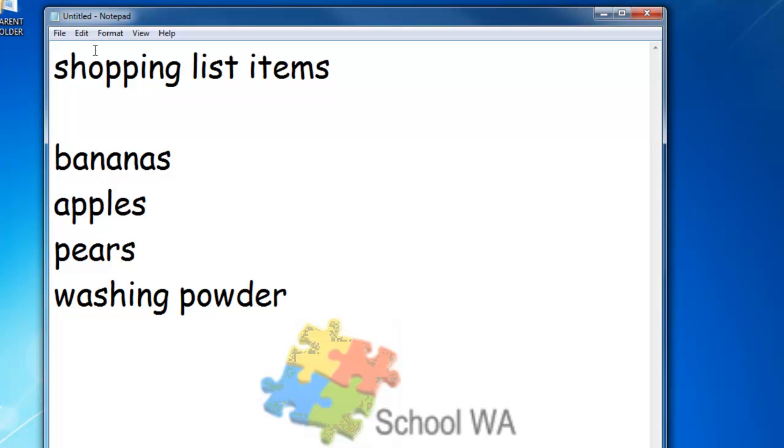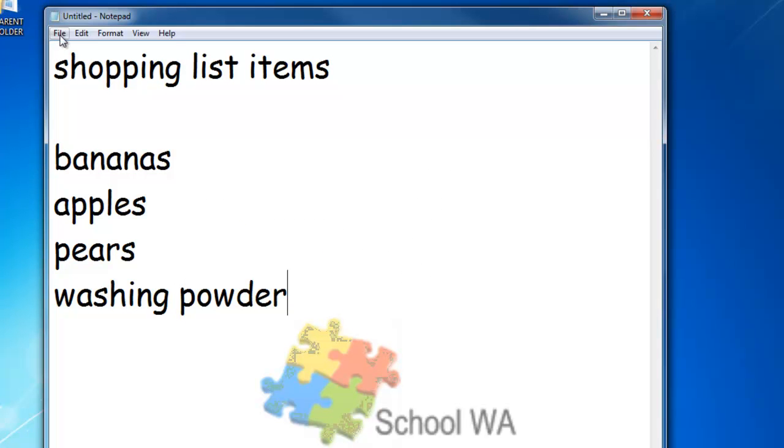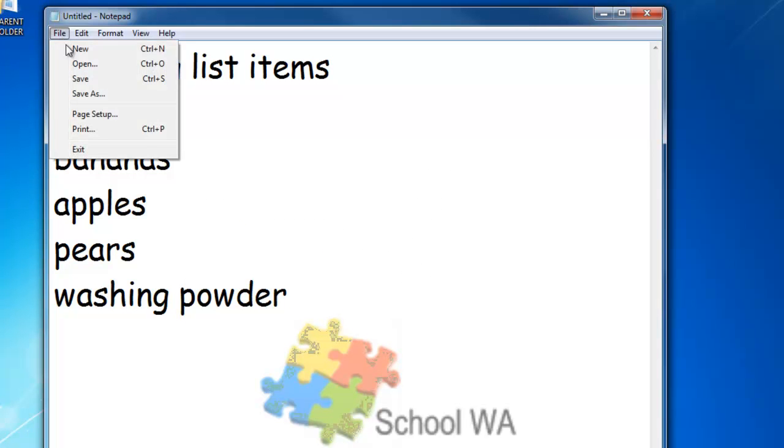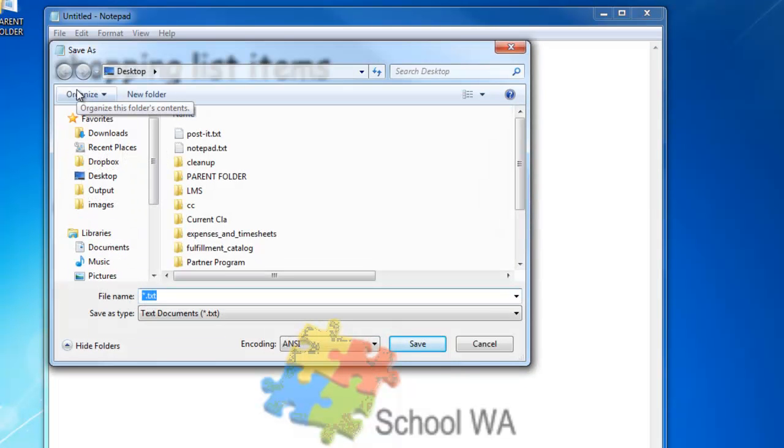At the moment at the top you can see it's called untitled. That's because it's unsaved. If I tried to close it, it would ask me if I want to save the changes. So I'm just going to cancel that and manually save. I'm going to go File, Save As. The difference between save and save as is that save as always gives me the opportunity to name the file and the location,